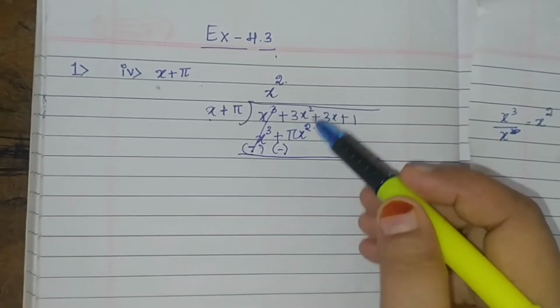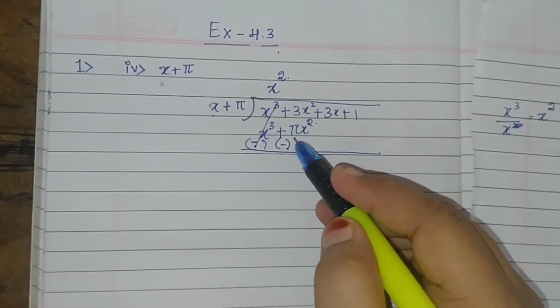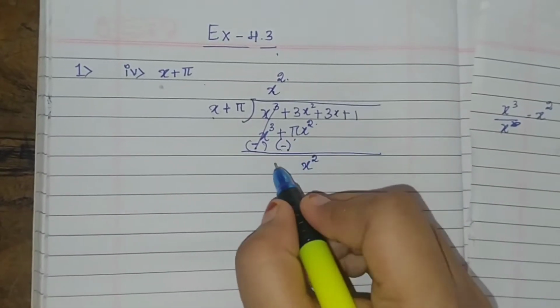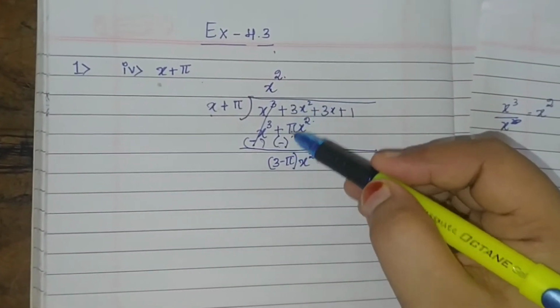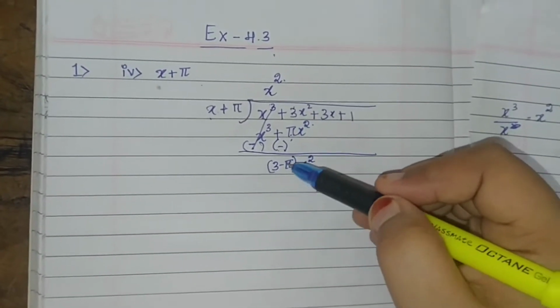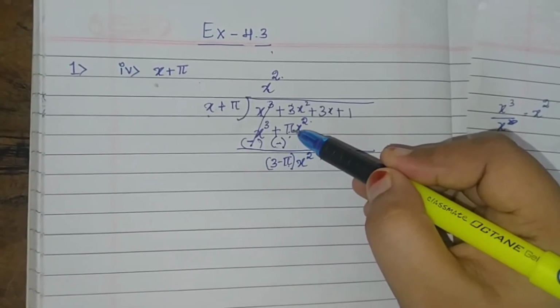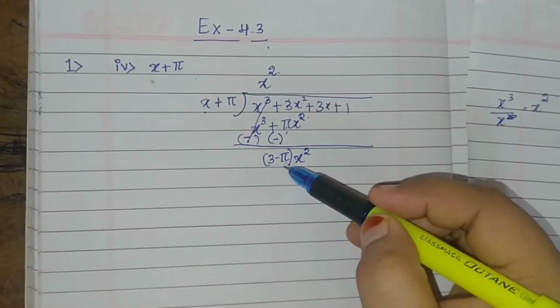So you can see here x square as it is. So 3 and pi is the constant term, right? So now 3 minus pi as it is. Okay, 3 minus pi. So this is a constant. For that sake I have written it like that. You can take 22 by 7 also, but if you take that, it will be a lengthier process. For that sake I will keep the pi as it is.